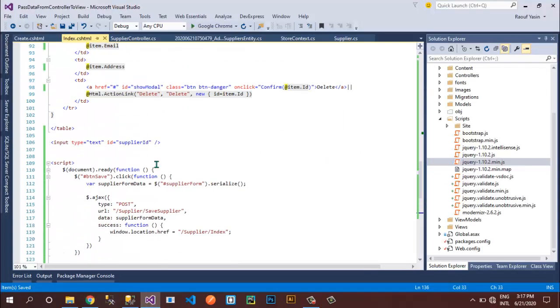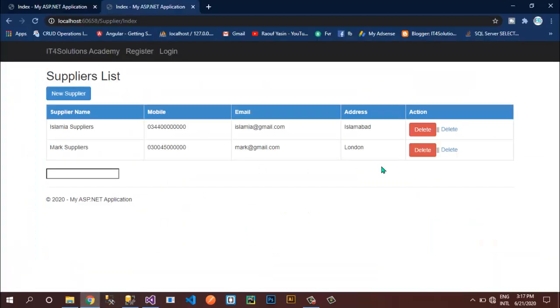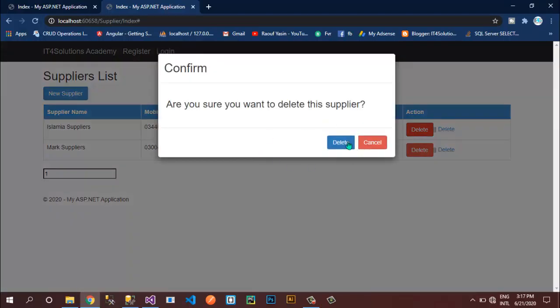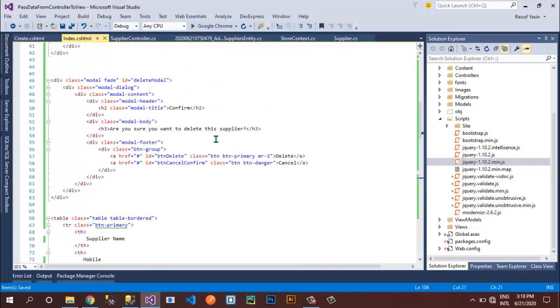Now we have verified. Now I can change this to hidden. Perfect. So after this, our ID is now stored inside this hidden field, and now we are good to go to do something more. Now, when we click on this delete button, we should create an action for this button. So let's look at btn delete.